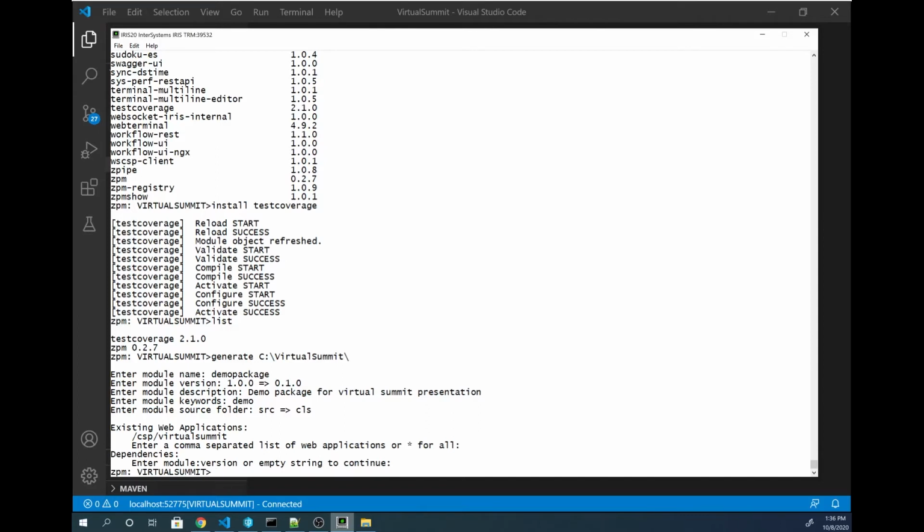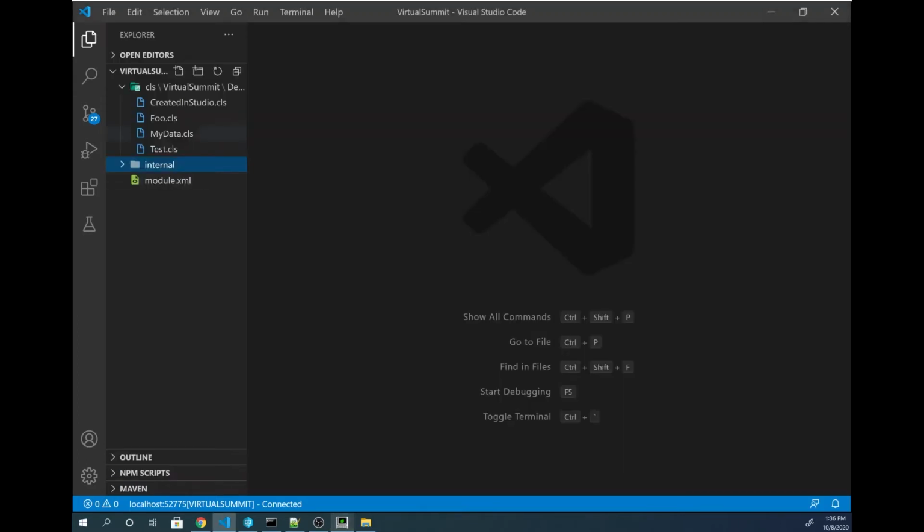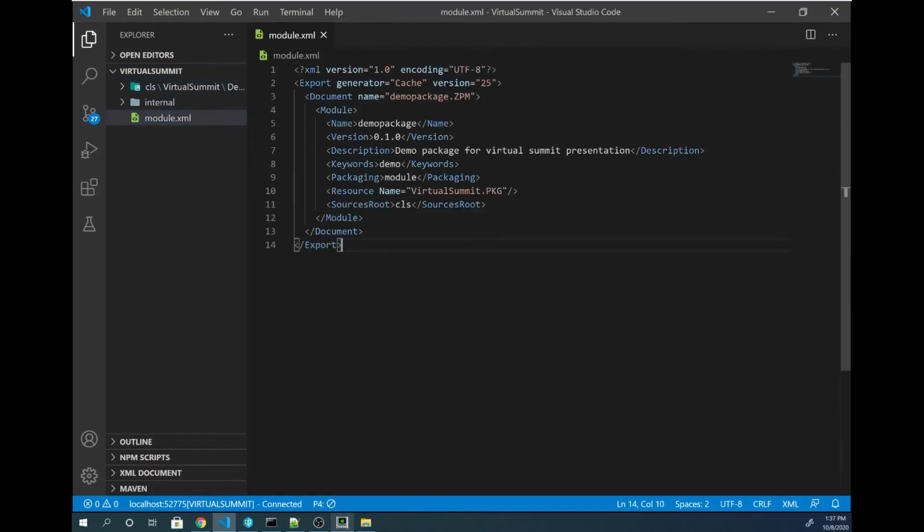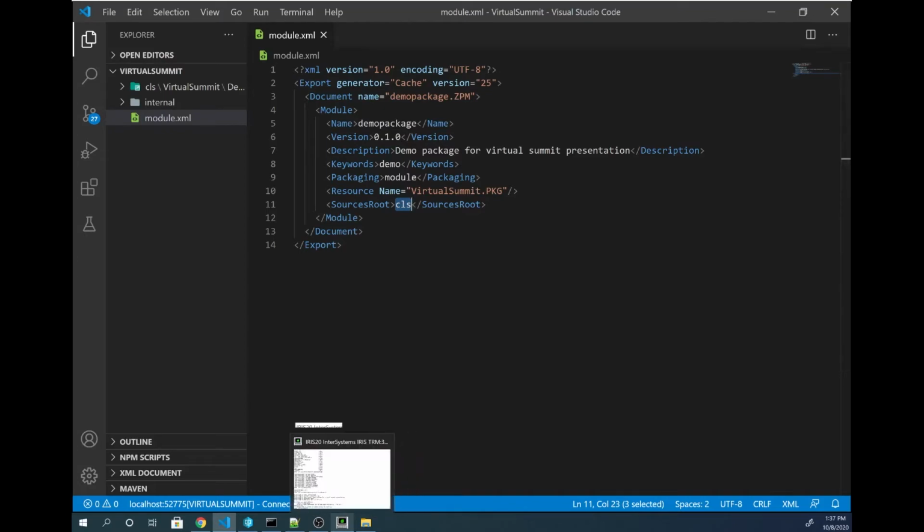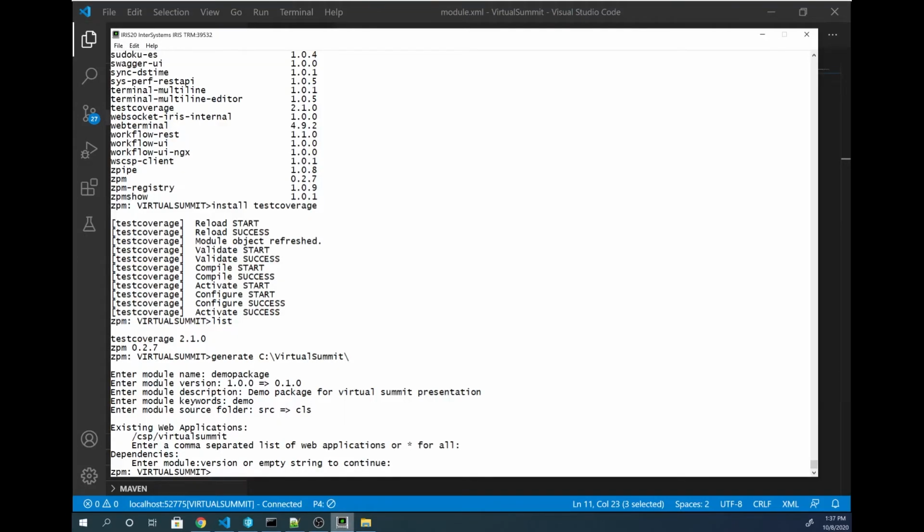So what just happened? If I go back into VS Code, I can see that in my root for this project, I have a file called module.xml. And it looked in the CLS folder and automatically added a resource named virtualsummit.pkg. So at this point, if I go into the package manager shell and I say load C virtual summit,